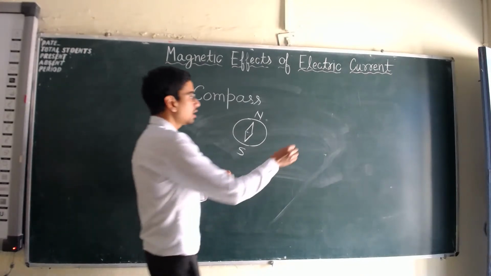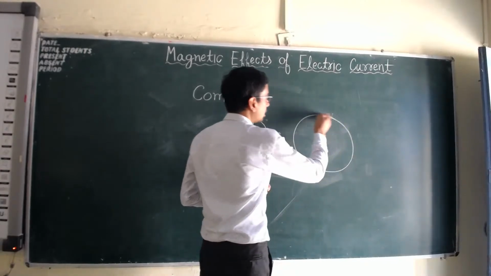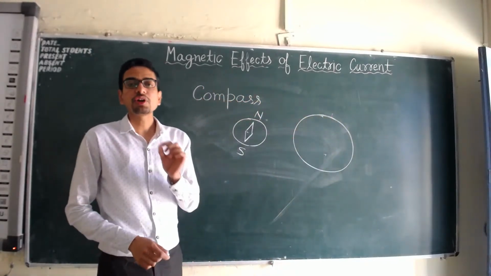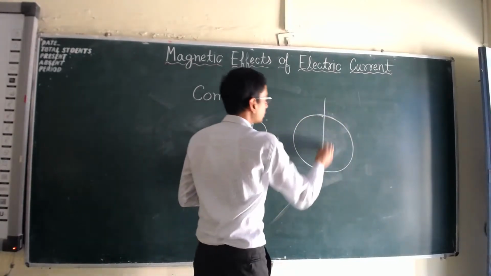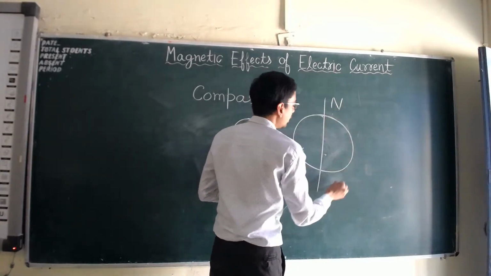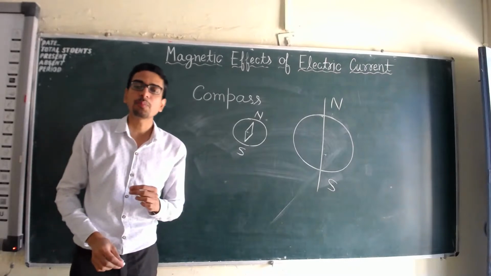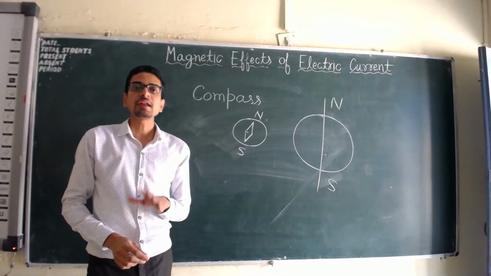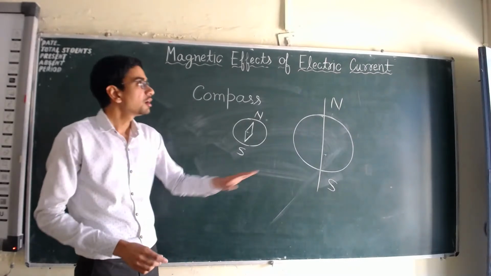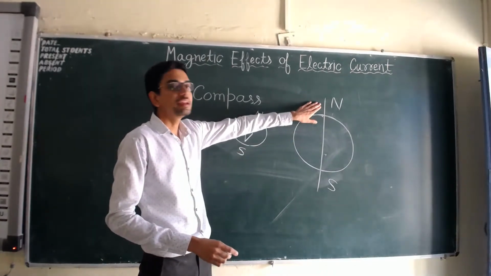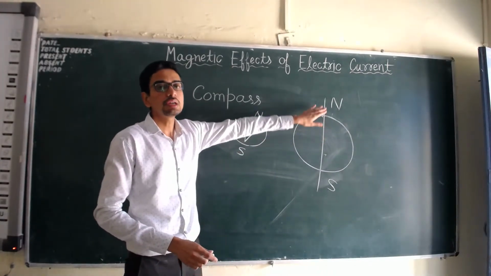This is your Earth. There is a geographic pole, North Pole and South. Also, there is another kind of pole which is called magnetic pole, and magnetic pole is very near to